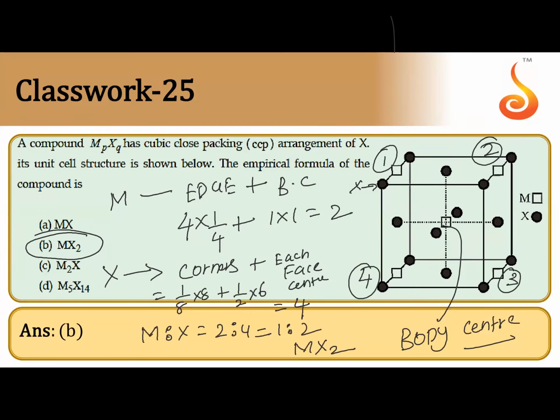Darshan, good question. Always go for the simplest ratio. If they ask you for 2 moles of the compound, or if they ask the question as a dimer, then it is M2X4. Unless and until they ask for the dimer, M2X4 will not come. Darshan, cleared? Even if they give 2 moles, we cannot say it is a dimer. Good question, good doubt.